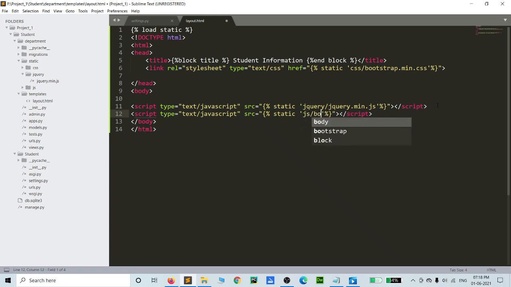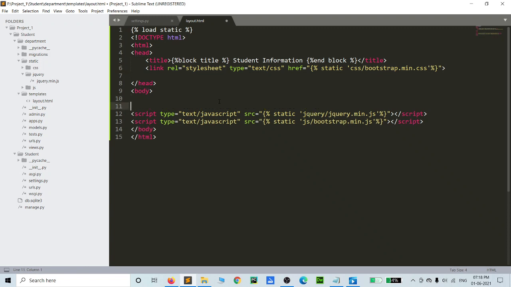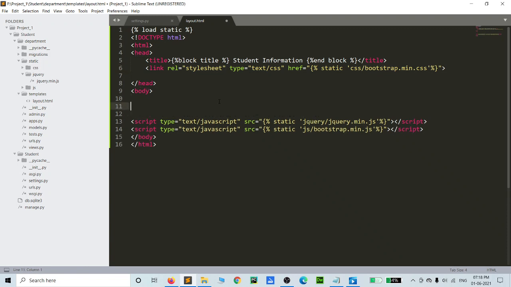Inside the js folder we add the bootstrap.min.js file. Now we have completed the three methods: one is the link file and the other two are script files, linked via the static folder. Next, inside the body section we can include the block body section.